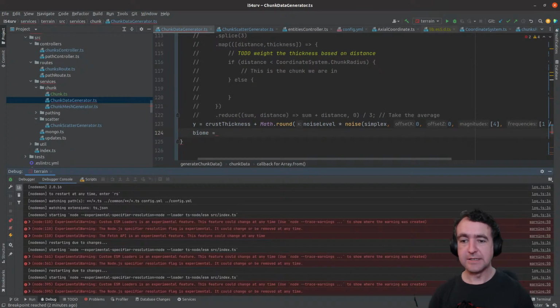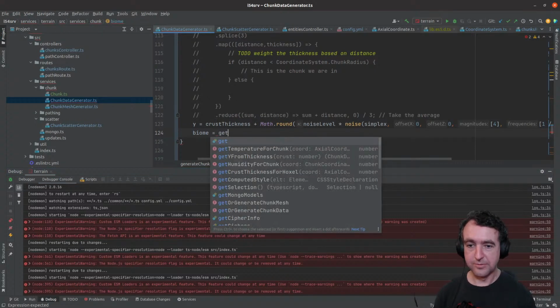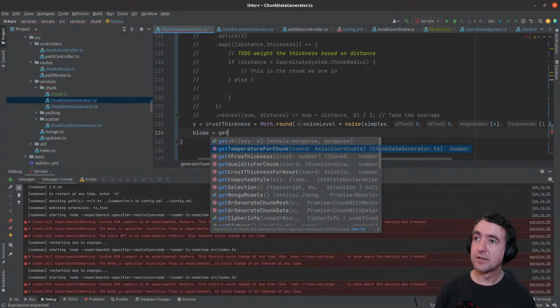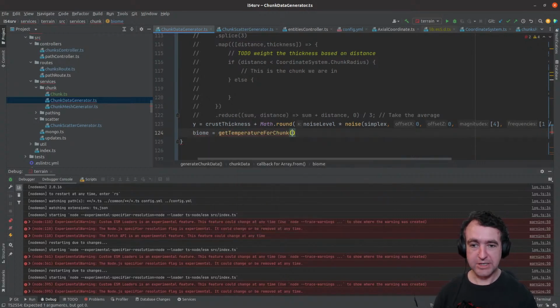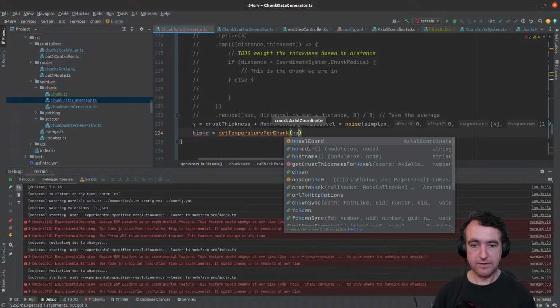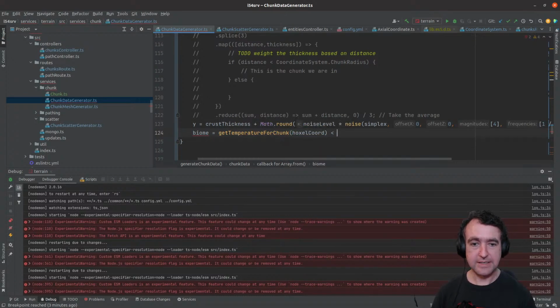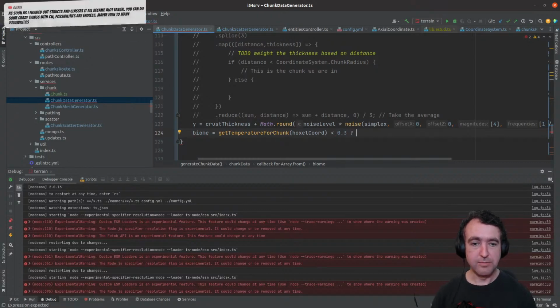Biome. Okay, so this is where I'm going to decide whether or not to make a region spruce tree. So if the temperature is less than, I don't know, let's just make it 0.3, then we'll make it